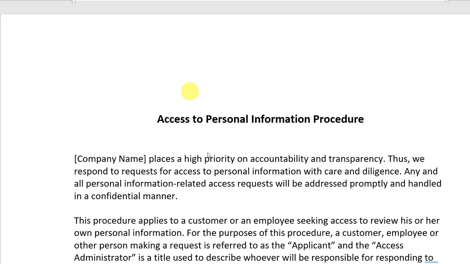So this is an access to personal information procedure policy, an internal policy that a company will use if you get an information access request from a customer for personal information. This is where a customer or an employee seeks access to review their own personal information, which they have a right to